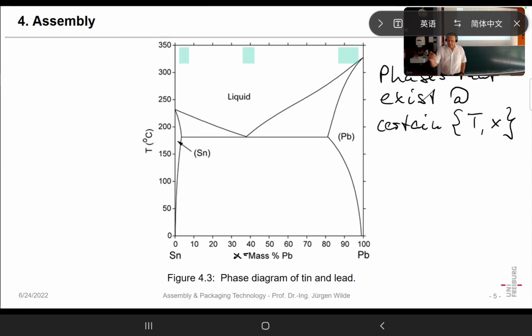And then we go here to some point and then we know it is liquid. Here we know it is liquid plus lead. Here is the eutectic point. Here we have liquid plus lead plus tin. And the melting point is more or less just the transition between these. In fact,